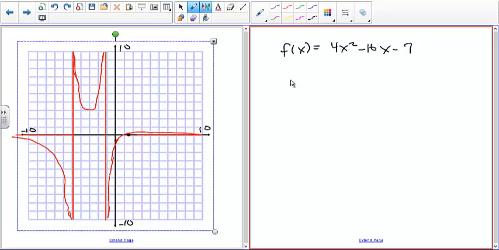Even before we do it in standard form, though, f of 0, which is going to be -7, because these both will go to 0, that's your y-intercept. So we know the y-intercept is going to be (0, -7). Now, to get the other two things, the vertex and the x-intercepts, we're going to put this in standard